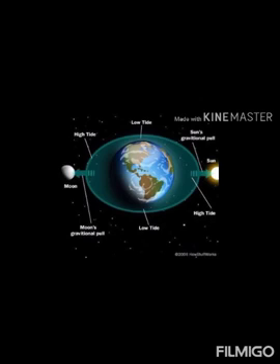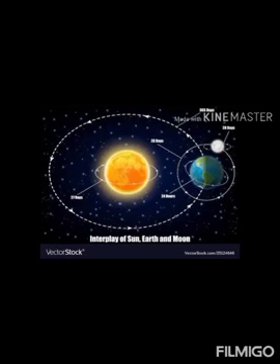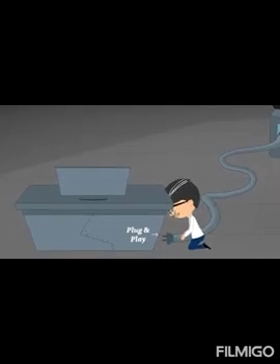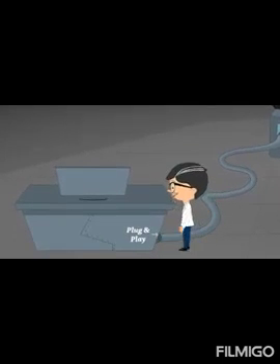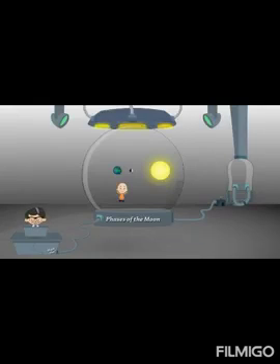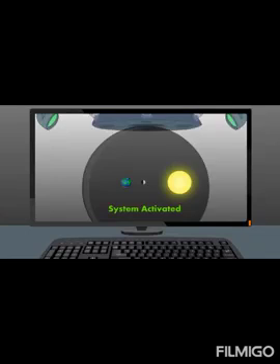You can see that the experience is opposite. Perigee position, that is closer to the earth, high tide. Apogee position, farthest from the earth, low tide. Students, now you understood the apogee and the perigee position of the moon. So let's begin with another topic, that is the phases of the moon.